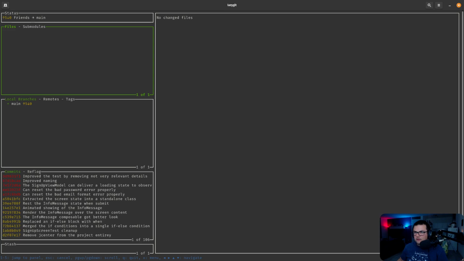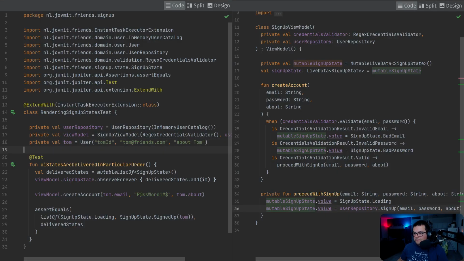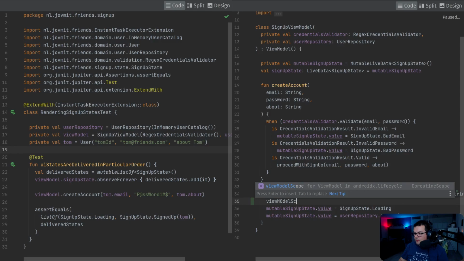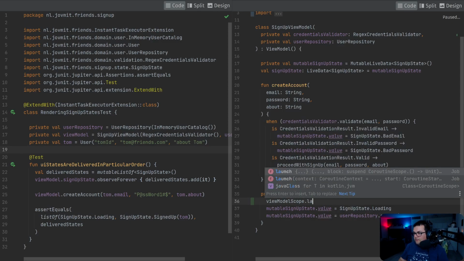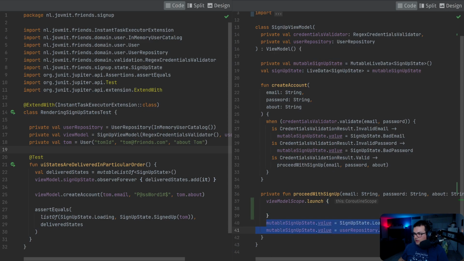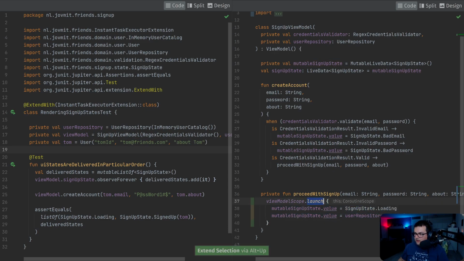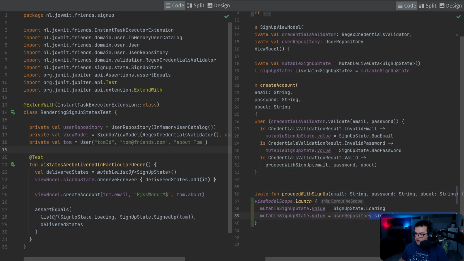Okay, I'm clean now, I think. Yeah, what I wanted to focus on next is offloading the sign up into a background thread. So right now, I think we don't really need to do that, but if we want to, first of all, what we could do is use the ViewModel scope launch, and then this one is still the main thread. So if I want to offload this into a background thread,